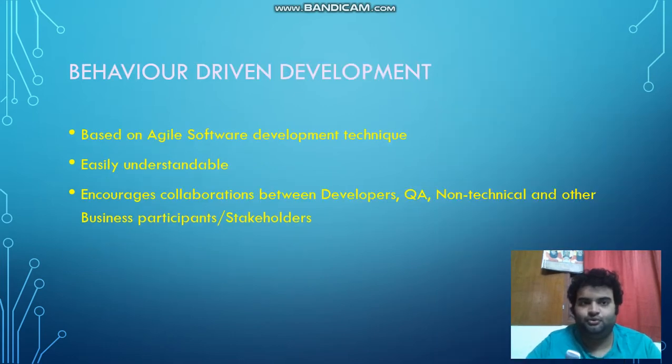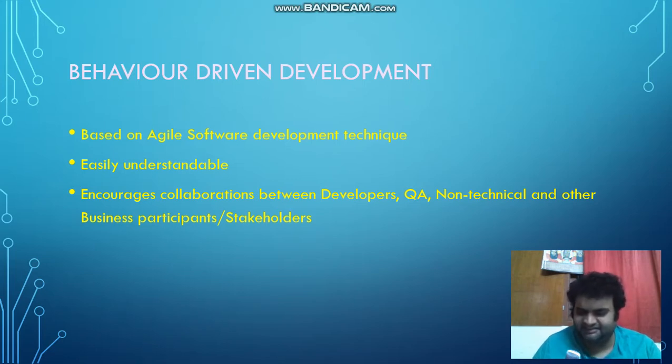Okay, so let me tell you what behavior driven development is. In the traditional method of automating software, only technical people can run or design the program. But behavior driven development is totally different.